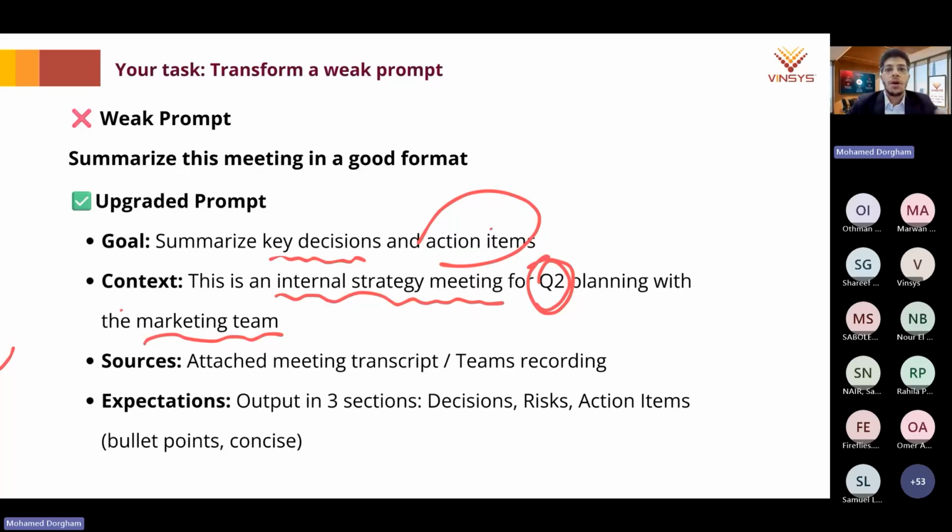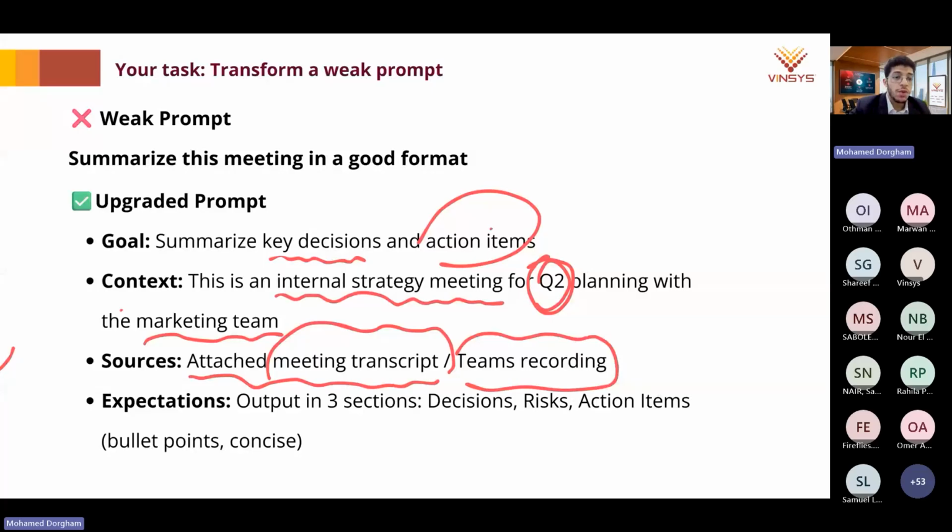Somehow you are trying to do a performance checkup or a performance plan. You are trying to see the summary for meetings that happened for maybe Q2 or different quarters of the year. What are the sources? You forgot also to attach what are the sources. The AI needs to know what you want to summarize. Do you want to summarize meeting notes? Do you want to summarize a team recording? What is the resource? Are you attaching it as a PDF? Are you telling the AI to look for an email or a meeting call? Or if you have an AI note taker, the AI already recorded the meeting.